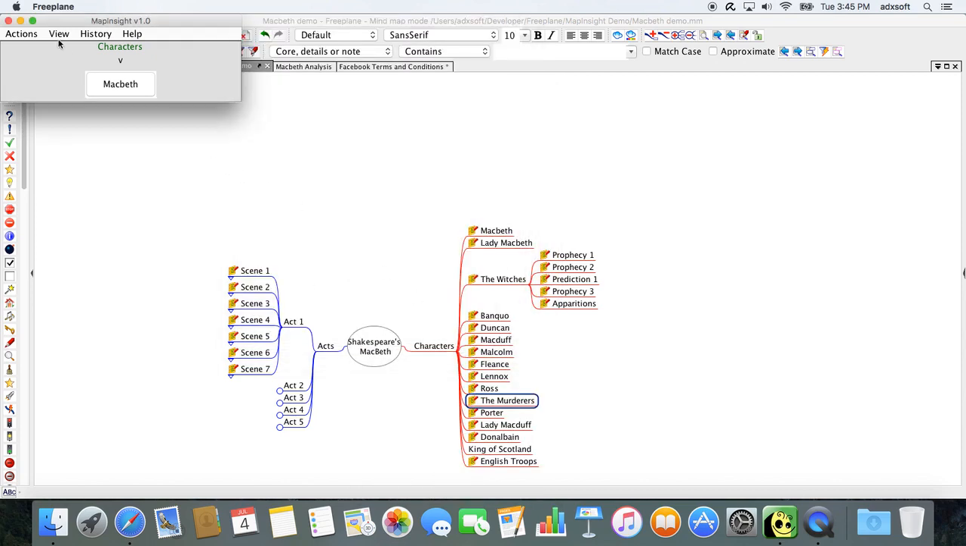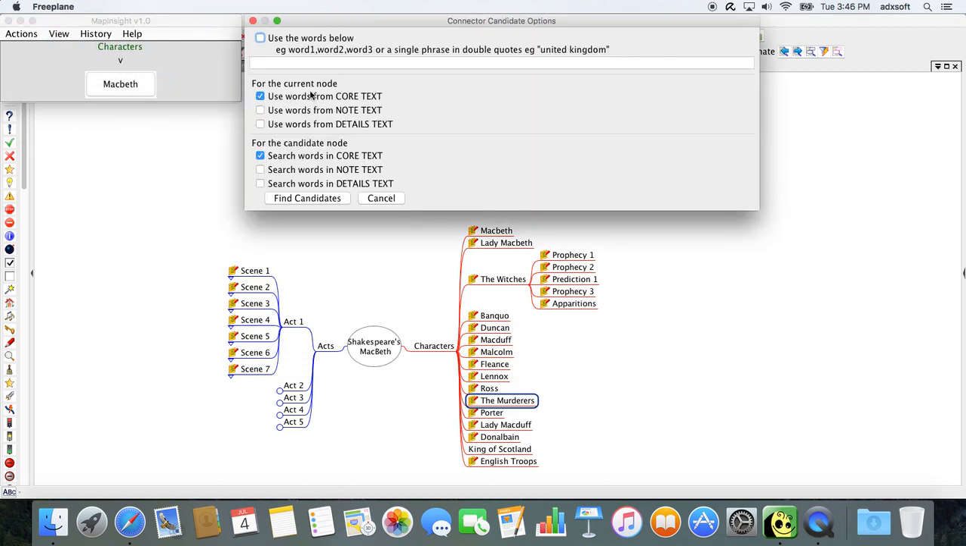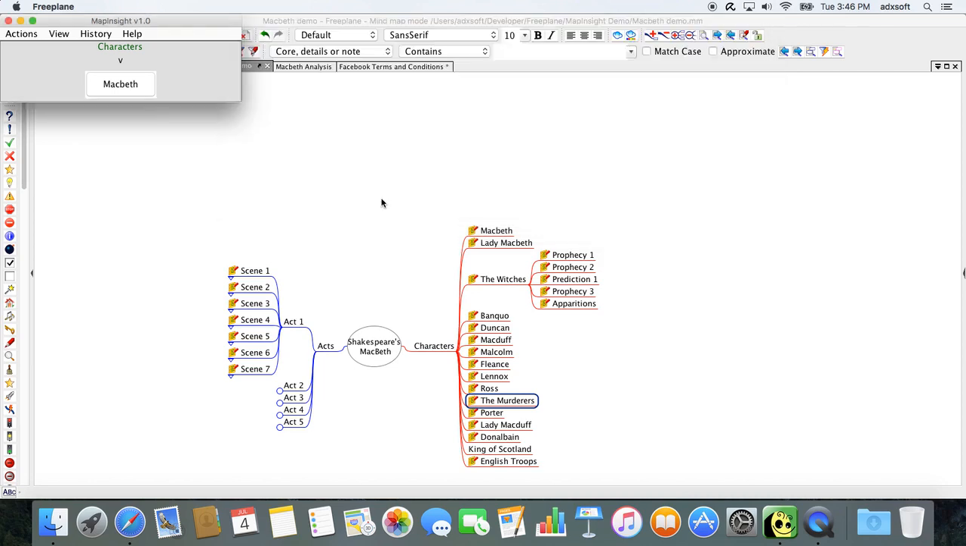So that's the idea of connections: you find connections based on phrases or words you put in, or words that are derived from the various text areas within a node. And you can search the target nodes in all those three areas. Now, we'll do a bit more of a meaningful analysis